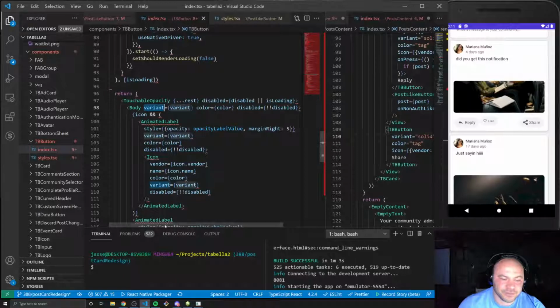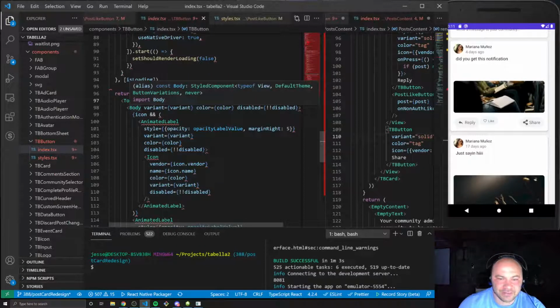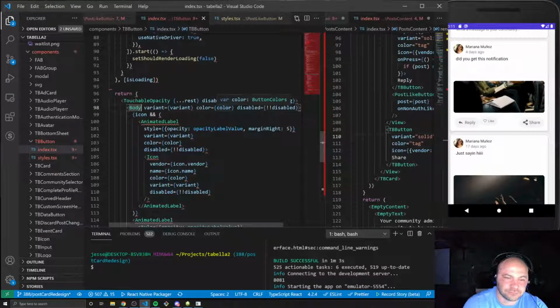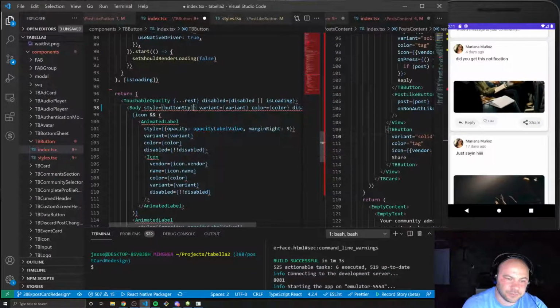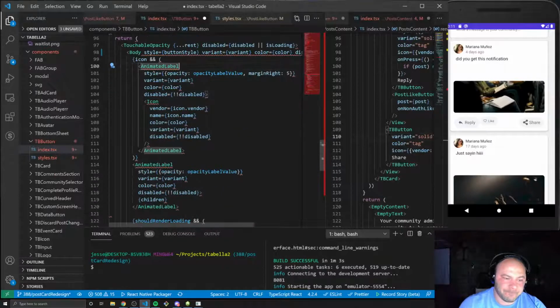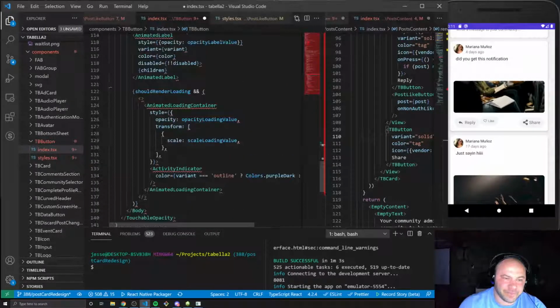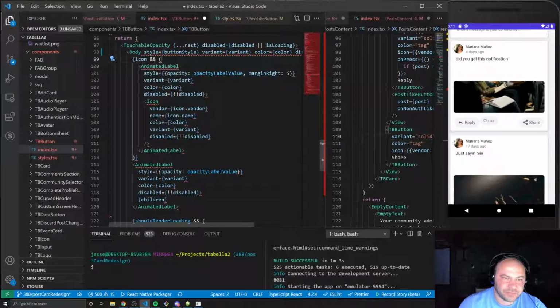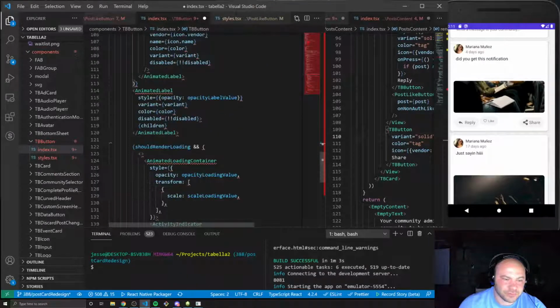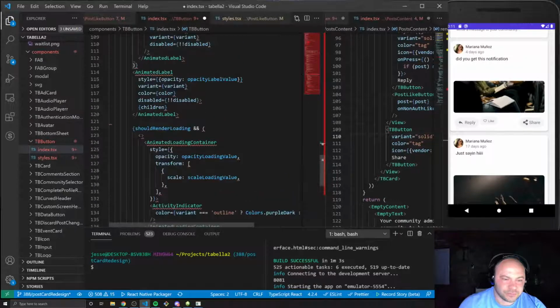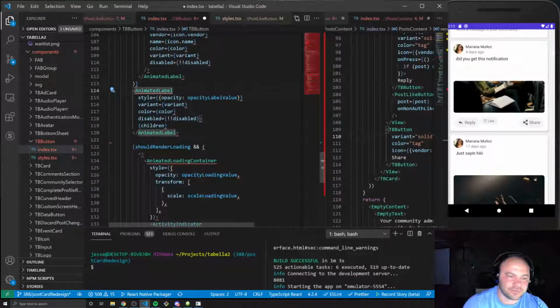Body is probably where we want this style to go. So I could say we could add in, let's say, style equals button style. And then we can do, let's say, animated label, it has a style already. And then,